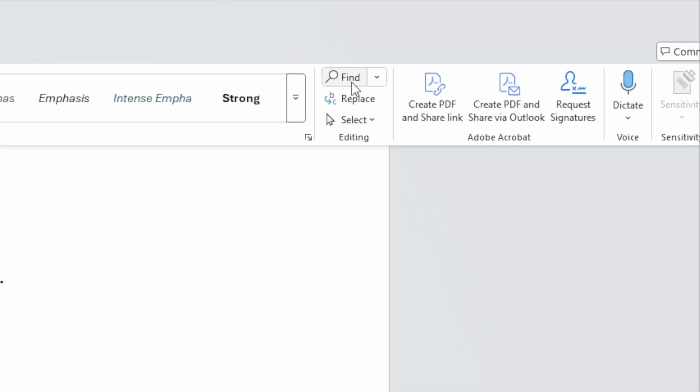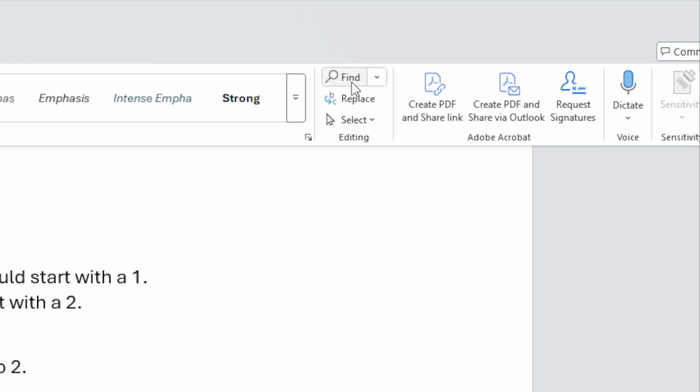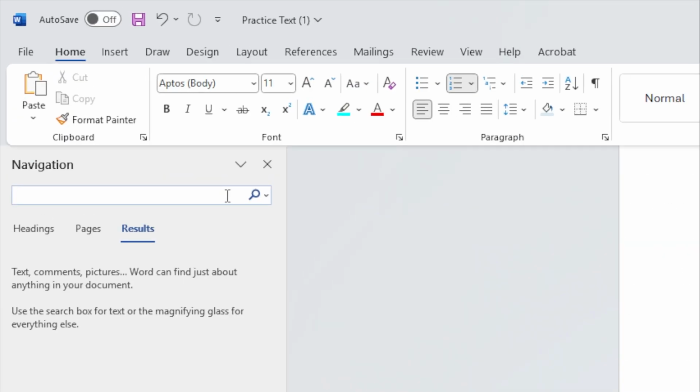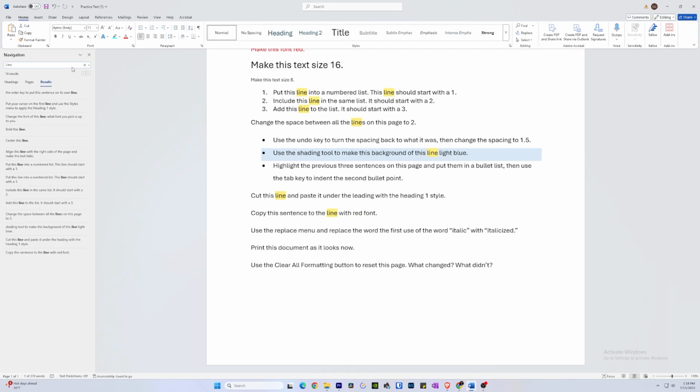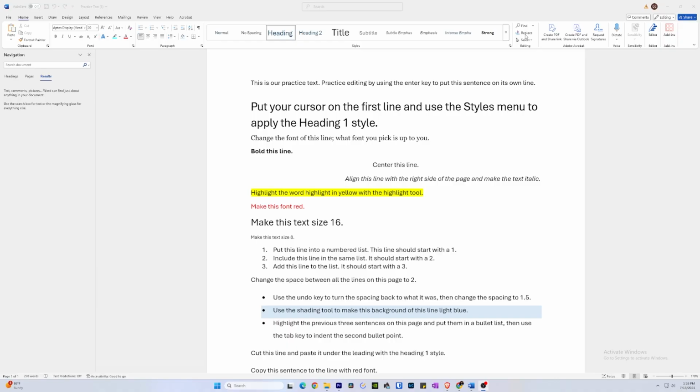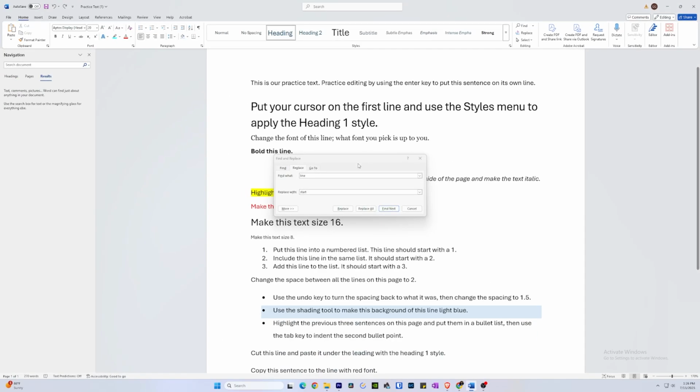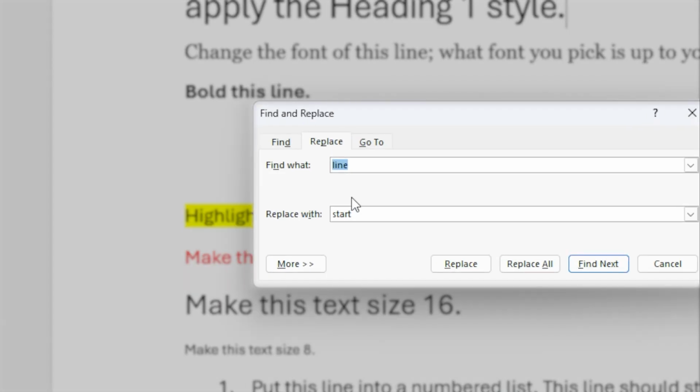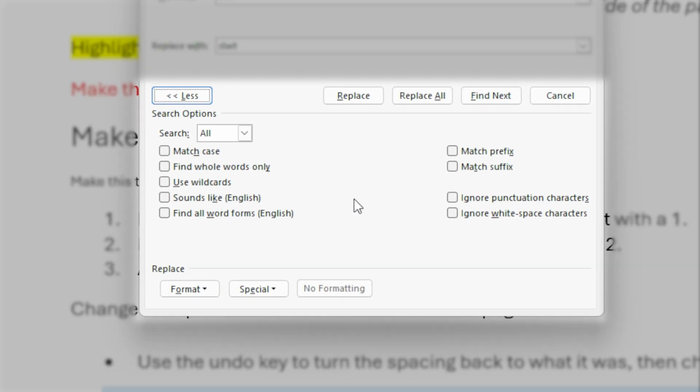Imagine we're reading a very big document, and there is a keyword we want to find in it. We can search for this keyword by using the find command. If we know there is a word that we need to change, the replace command comes in. Be careful about just hitting replace all, because it can replace parts of words instead of just whole words. Look at the More menu to change settings for how Word will know what to replace.